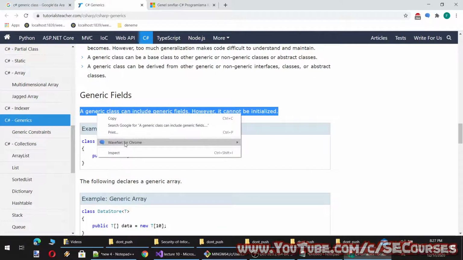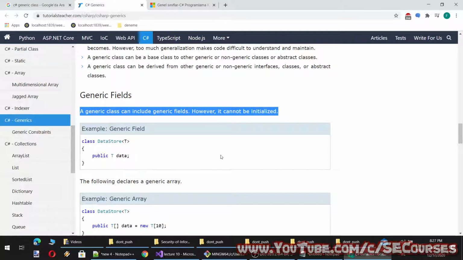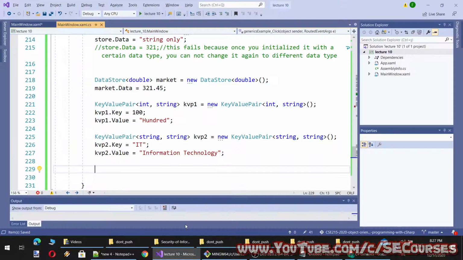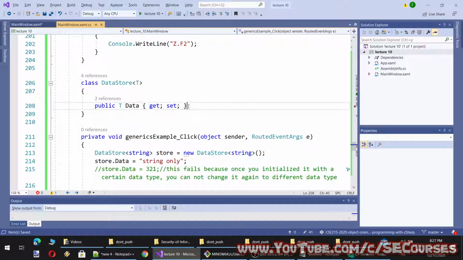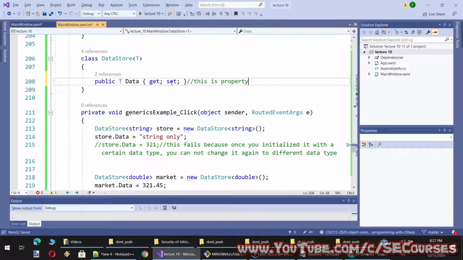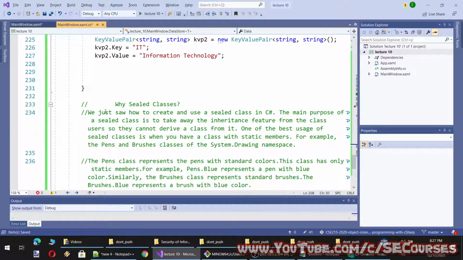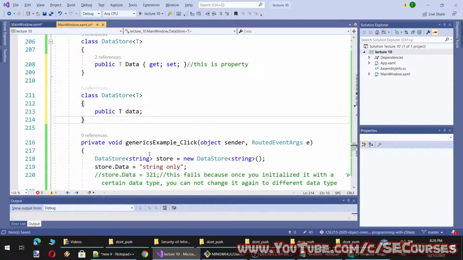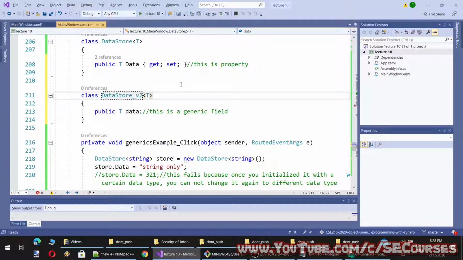Generic fields. A generic class can include generic fields. However, it cannot be initialized. In here we use a property. This is a property because it has get and set. However, for example, in this case, this is a generic field, and I will call it version 2.